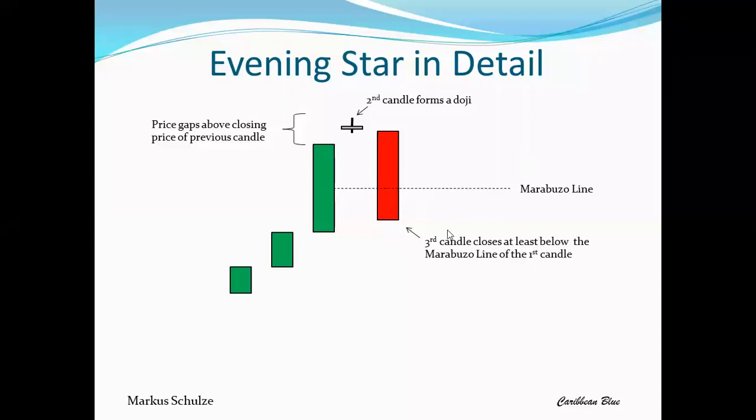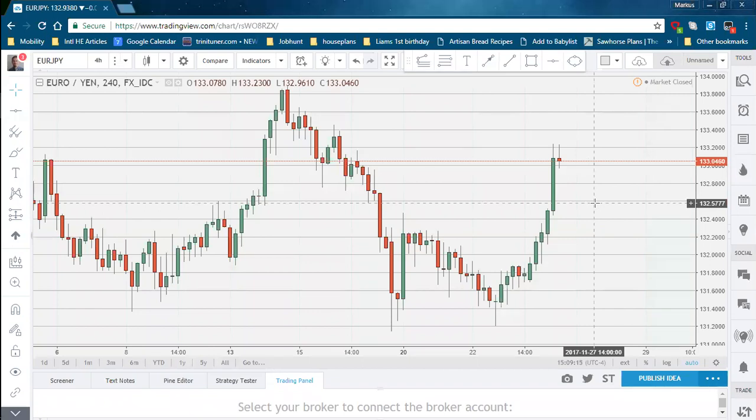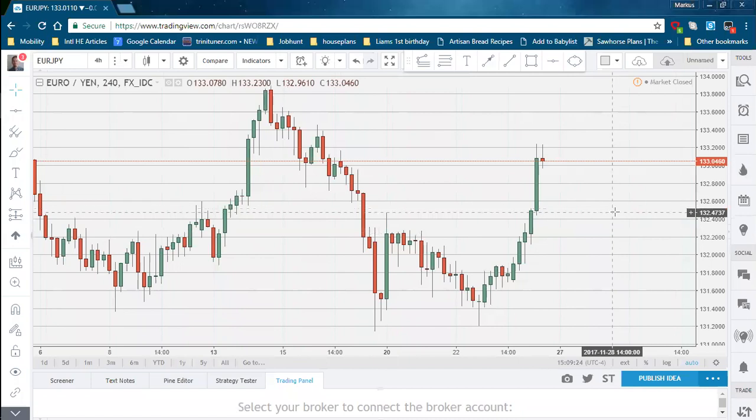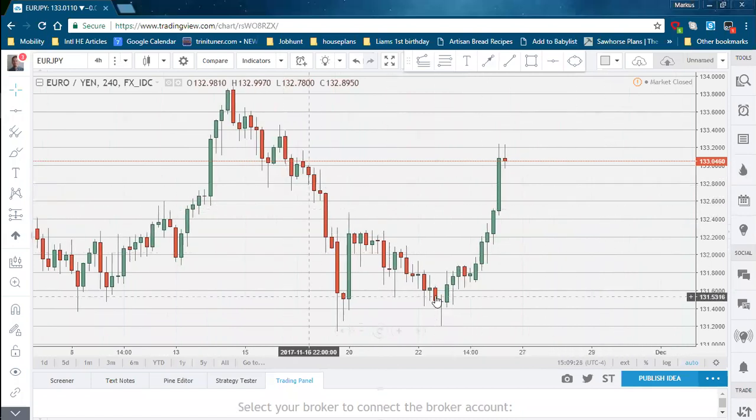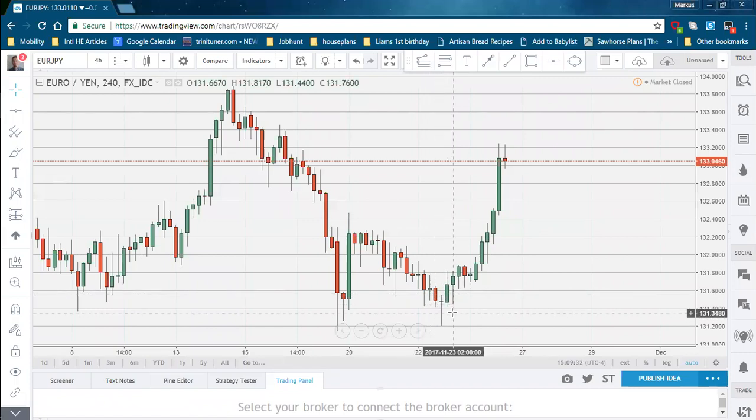So this, in essence, is the evening star and the morning star. Let's look at a live market example, just so that we can see how we can apply this in the real market. Here we are looking at the 4-hour chart of the Euro-Yen pair, and we are looking at the morning star example right here. When we were talking last week about the engulfing candlestick patterns, we also mentioned that a gap,